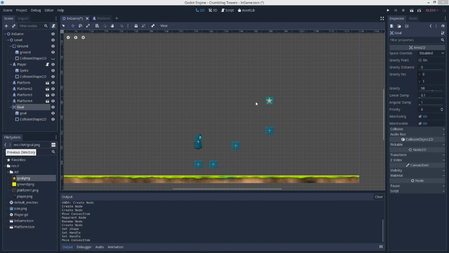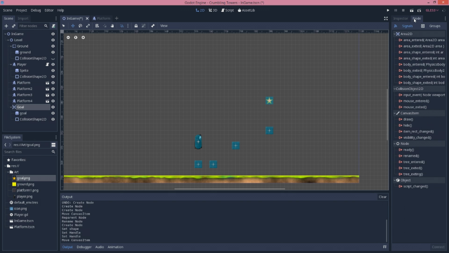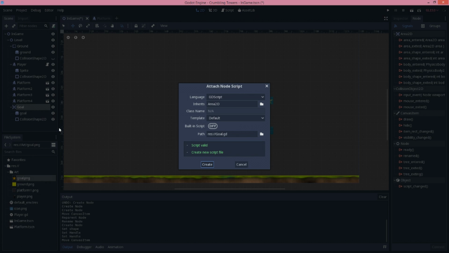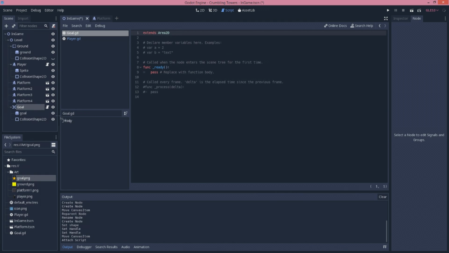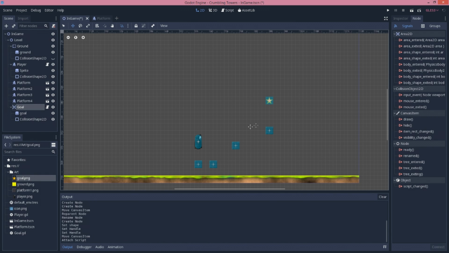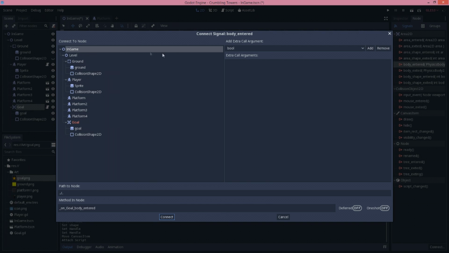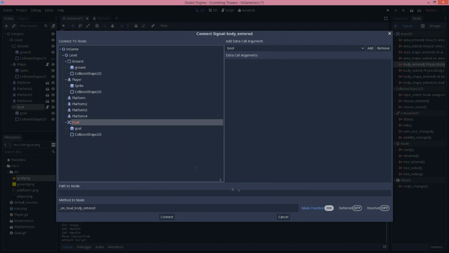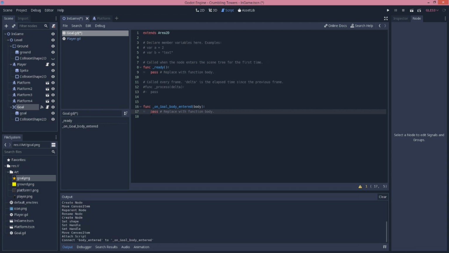So how do we know when the player touches this? Well, let's finally take a look at this Node tab. Godot uses signals as a mechanism to call into whatever code you want when certain things happen. First, we'll have to attach a script to the goal. And then we can connect the body entered signal to that script. Godot adds a function template for us automatically, but now we should decide what we want to happen when the